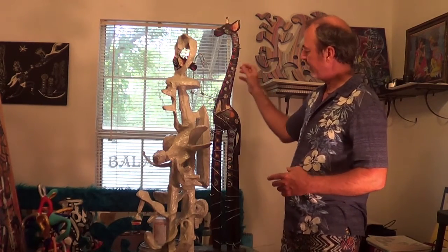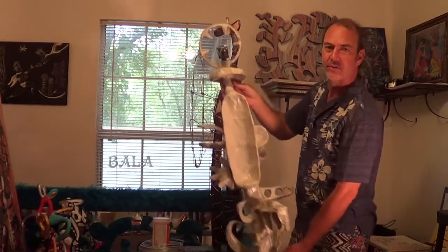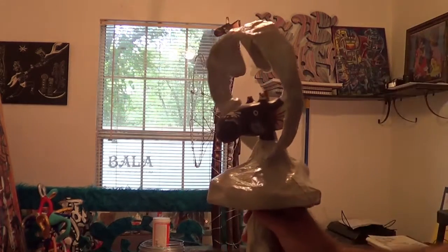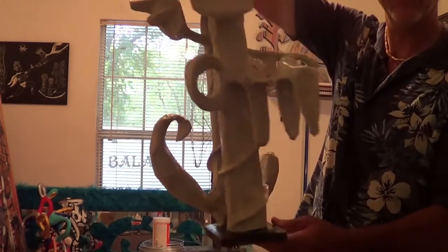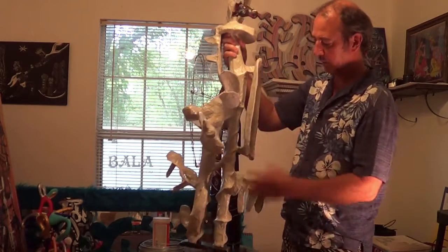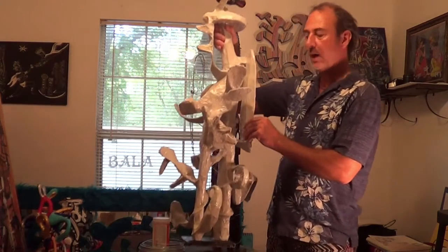So what you have is the giraffe as a base for a form which becomes then very abstracted. And what I've decided to do is to leave the face of the giraffe encapsulated into almost a spacesuit, an alien spacesuit. And this is not finished with coloration, or even surface texture that I might use, but I want to show you how I got to this